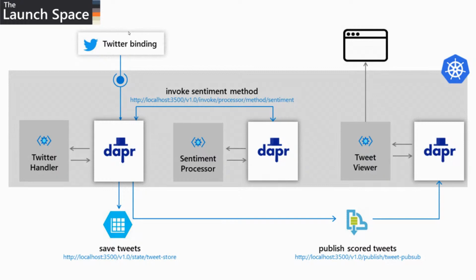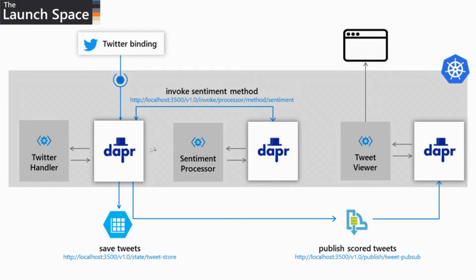And I don't have to write any Twitter specific code. Every time a tweet that matches my criteria is sent, this binding will automatically call a post method on my microservice. So all I wrote was a post method, which all of us know how to write. If you've ever written an API, you can already write this and start taking input directly from any binding. We're using Twitter as our binding here, but you can have bindings for all sorts of different components.